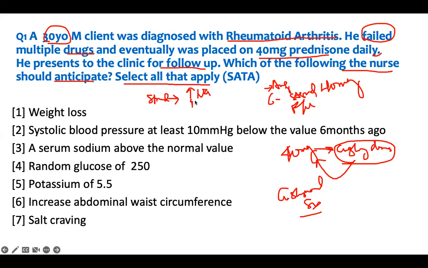And therefore, you get fluid overloaded, water, right? Steroid makes you at risk of infection, right? And they help you build fat. They don't let you break down fat. So you deposit fat just like that. So you gain weight, right? And you gain weight at places that your body likes, in the central portion of the body.